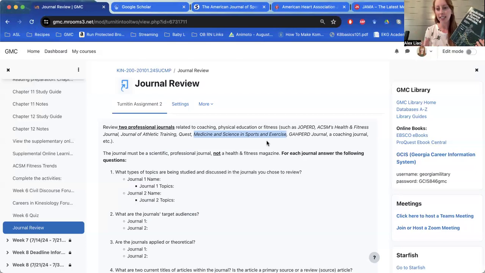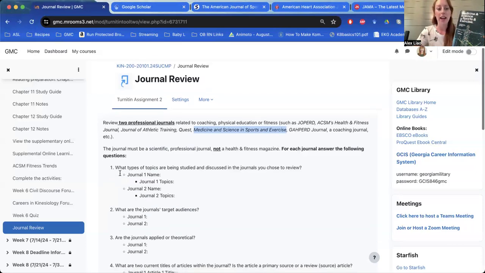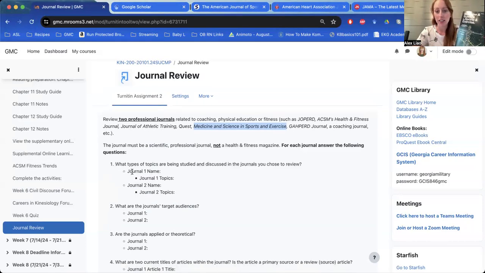So they're not a textbook. It's not going to be really thick, really heavy. It kind of looks like a magazine, but it's not. But you can think of it like a book. So the journal name is Medicine and Science in Sports and Exercise. So when you're filling out question 1 in your assignment, if this is something you'd like to use, journal name is this, Medicine and Science in Sports and Exercise.